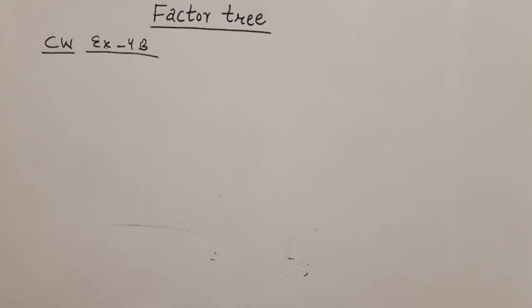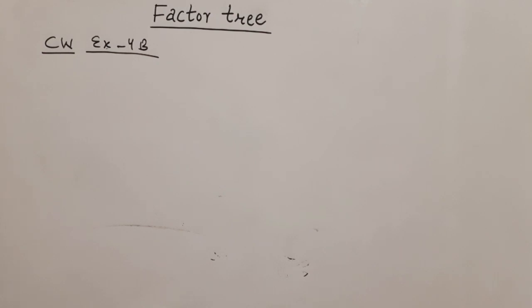So the first question says, write all the factors of the following using both division method and the factor tree. You have to use the division method and also the factor tree, and by both the methods you have to write all the factors. So there are 4 options in this question. I will be solving 2 options and 2 options will be your homework. So 2 options solved in the video will be your classwork. 2 options left in the video will be your homework.